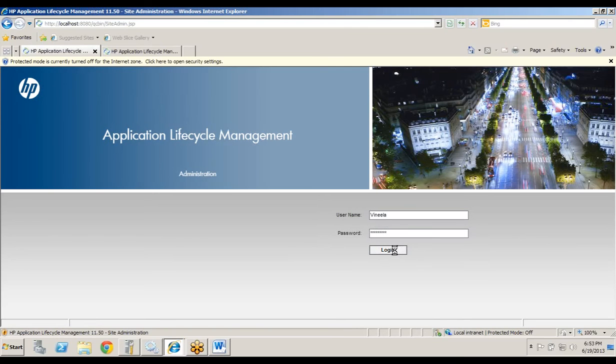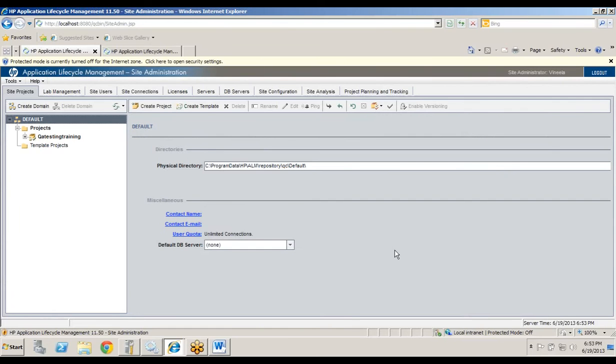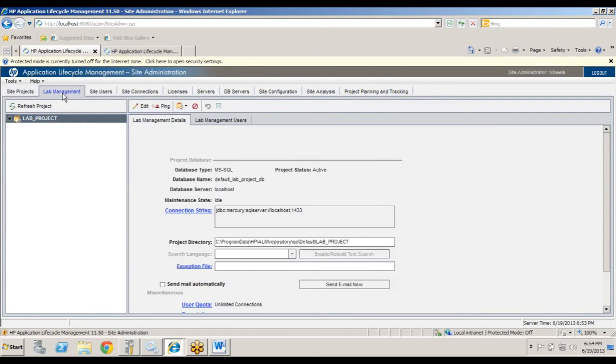You need a server OS like Windows 2003 server or Windows 2008 server. Okay, you need to have a server OS installed in a system to get HPQC installed. So let's get into the site administration.